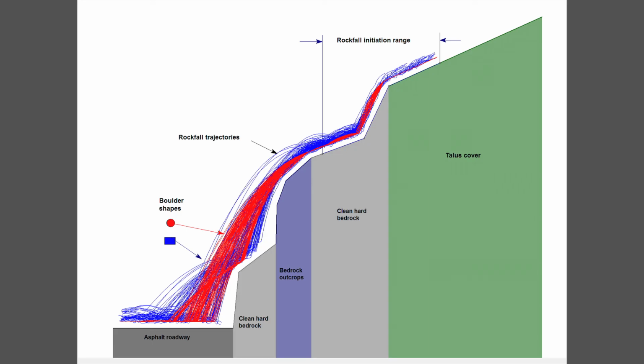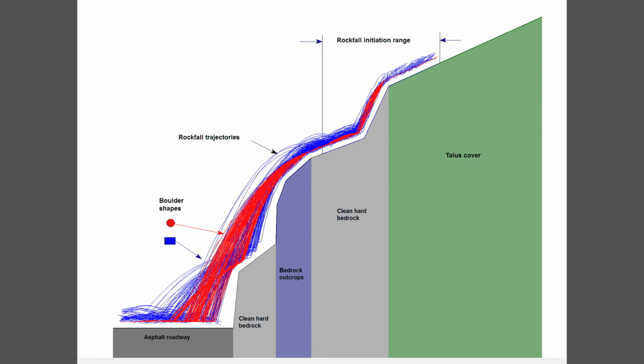That particular slope was an actual project, and you see there the probabilistic analysis was done for two boulder shapes. One was a spherical boulder and the other a rectangular boulder, and they have different trajectories. The rectangular boulder actually goes out further because it's doing more rotations and tends to bounce further out. And you'll see that the bottom there was a highway, and there's no way that's an acceptable solution. In fact, that project had to be drastically changed.